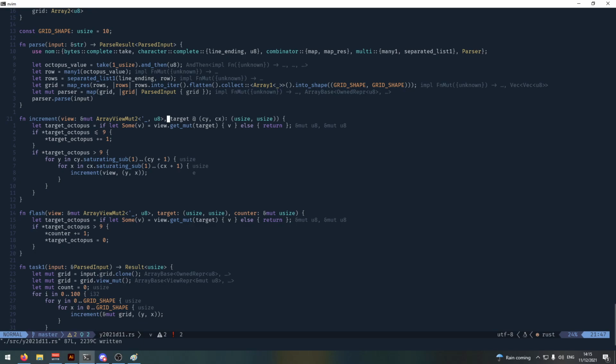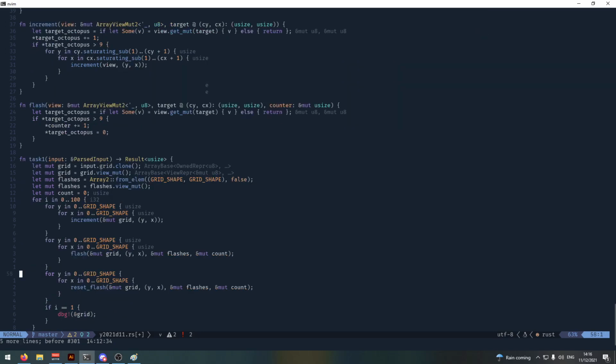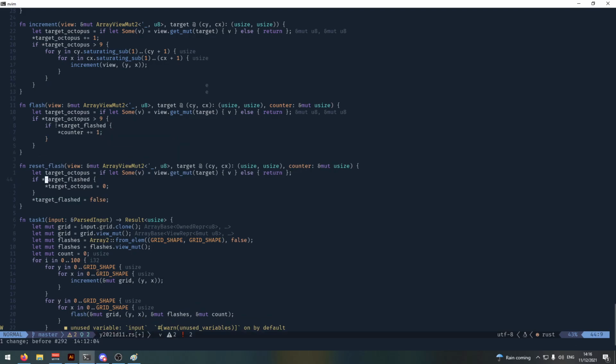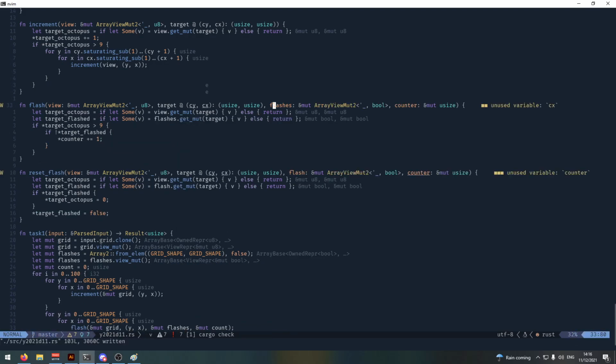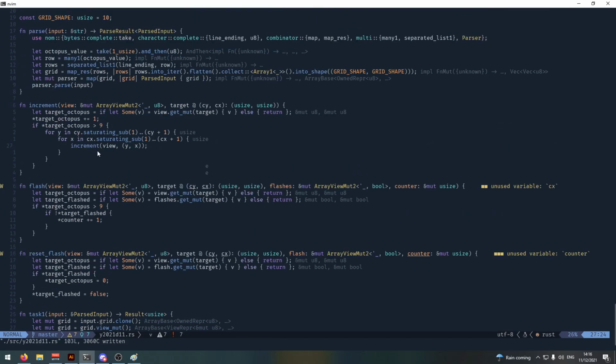I'm wondering if we can take advantage of the fact we're scanning to only go right and down, but I don't think we can. I think we do just need to track what's flashed. So that's annoying. Let's bring back flashes, and bring it back in our variables. Okay, so now what we do is when we increment everything, if we are greater than 9, we increment all our neighbors, who might then try and increment us. So what we do is we only do this if we have not already